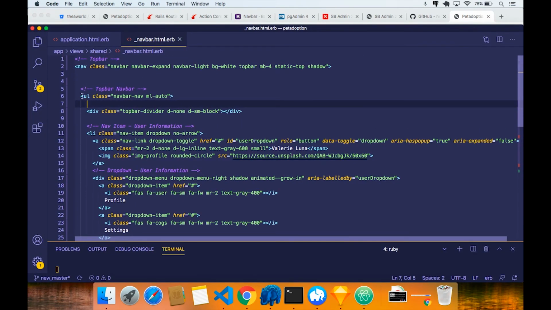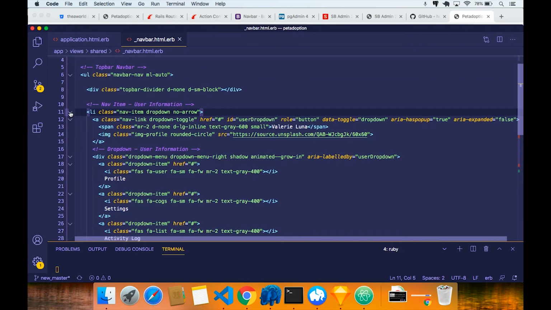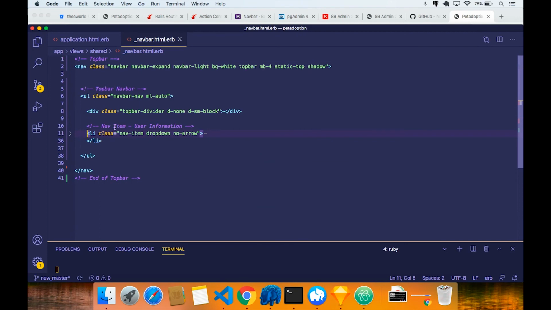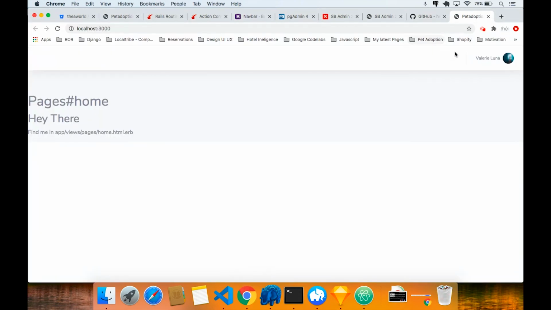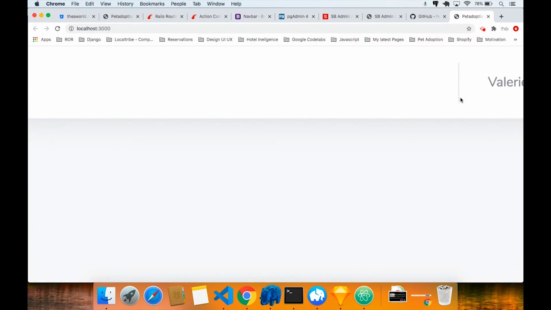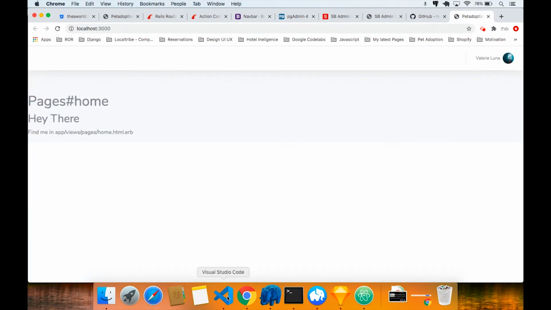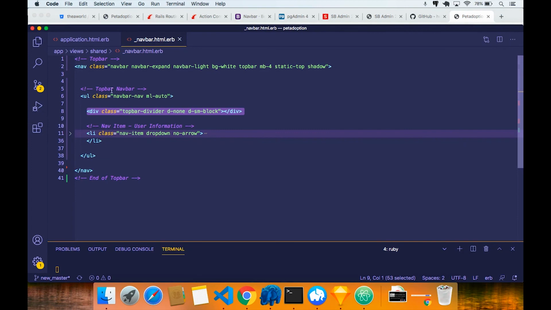Okay, now I'm going to collapse this. I'm going to collapse all this user information so that it's easier to work with. So basically, this is all the user information. And on top of that, we have a divider, which is right here. That's a divider, which is basically this divider right here. And also we have in Visual Studio Code back here, we have the main nav. Okay, now we need to add